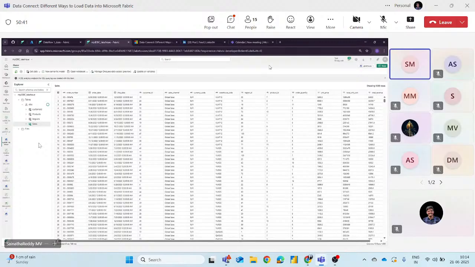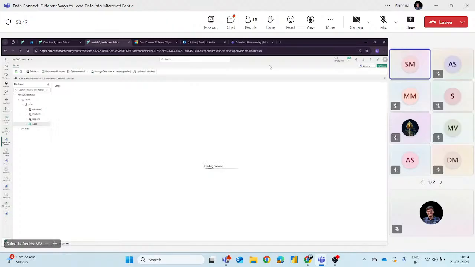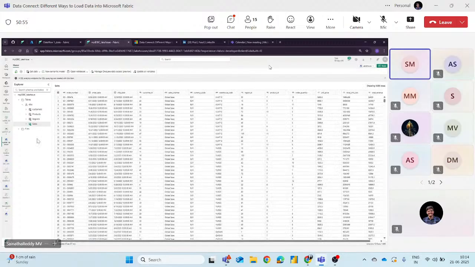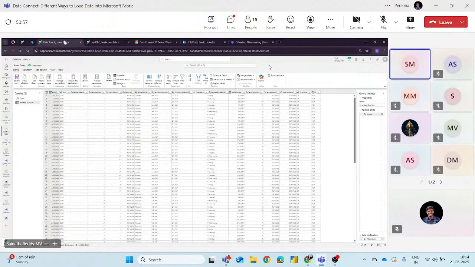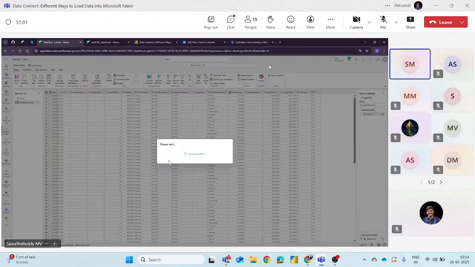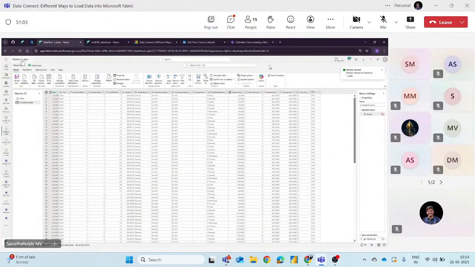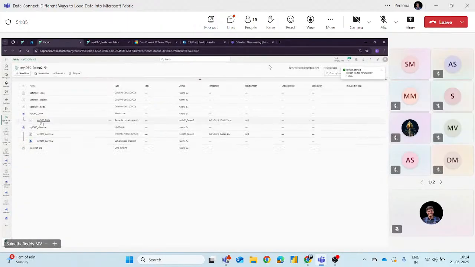In Dataflow Gen2, we can use multiple data connections, right? Previously I used a different one through a web API, HTTP connection, or you can use mQuery. No, it still has not come in. We'll see where the dates are.